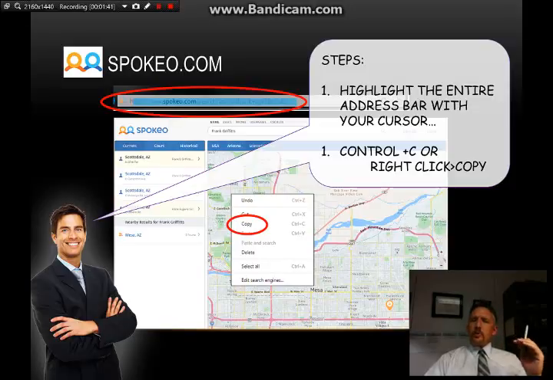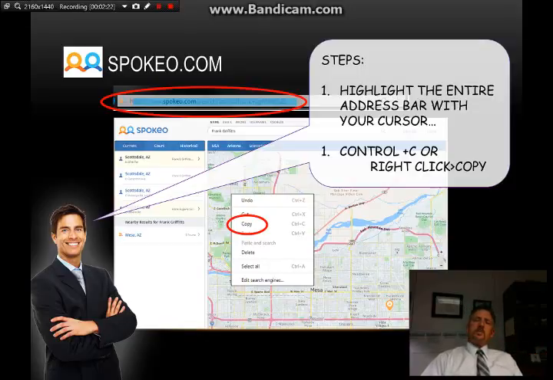Ultimately, you're going to want to click on those one at a time. In the address bar, the URL section of your browser, you're going to put your cursor up there and drag across and highlight it where it's circled red up there at the top. You're going to right-click and copy, or Control-C, so that you basically put that address into memory. And you're going to paste it later from your clipboard into another location that we're going to show you. For each location that's a positive hit for you, we're going to have to copy that URL address bar. You may have to do this step several times for each of those positive hits.